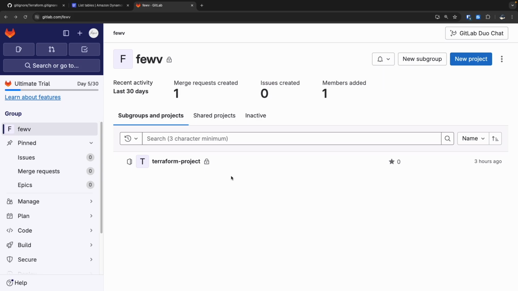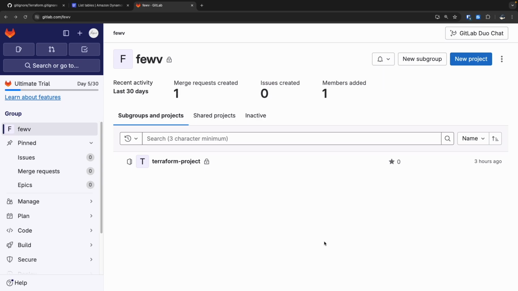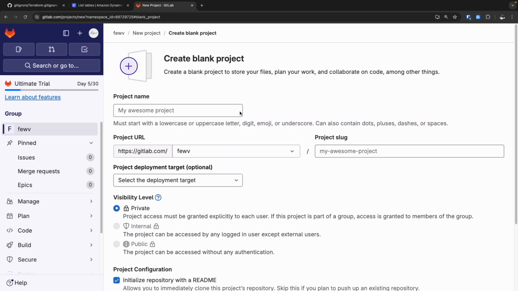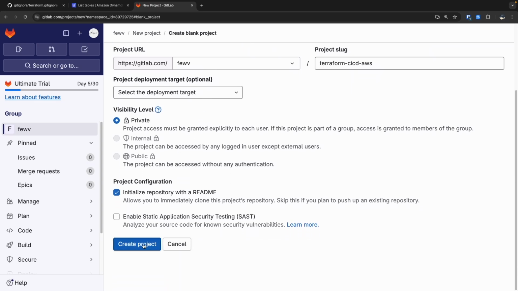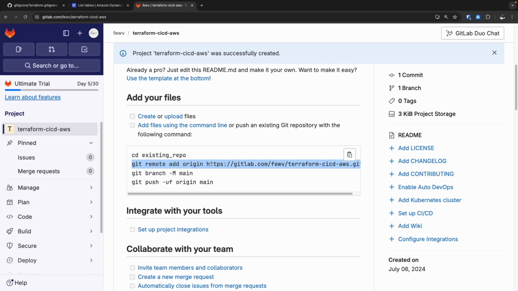And now we need to create a GitLab repository to host our Terraform configuration files. So for that, head over to the GitLab website, make an account, and afterwards you will see this kind of a dashboard, and over here you have to click new project and then click on create blank project. Here we are going to name our project. I'm going with the name Terraform CI/CD AWS, and then let's scroll, and then let's hit create project. After, you will scroll down. Here you will have this git remote add origin command. So grab this